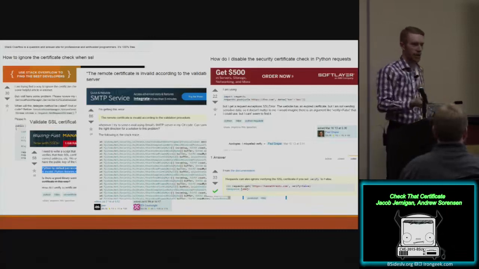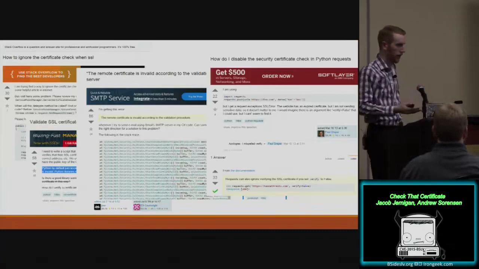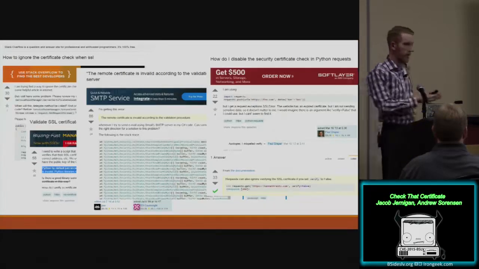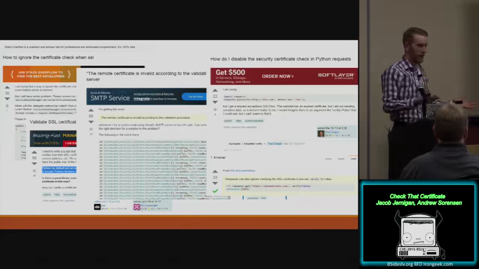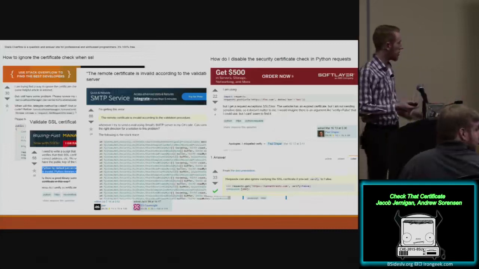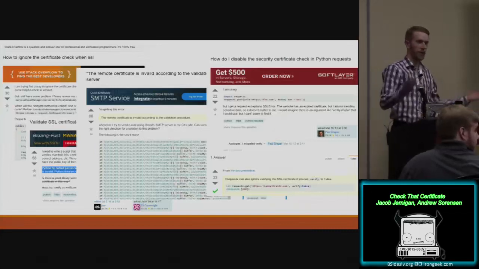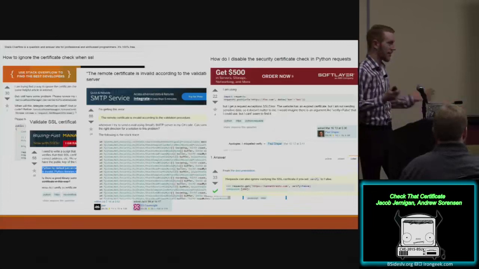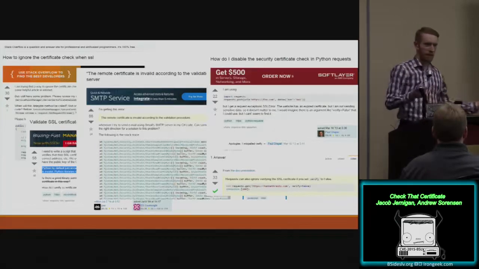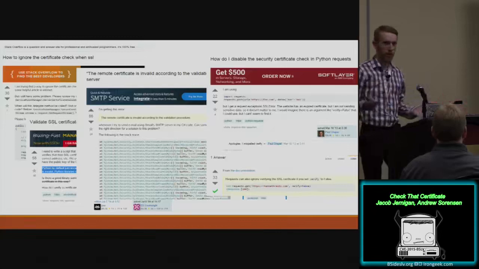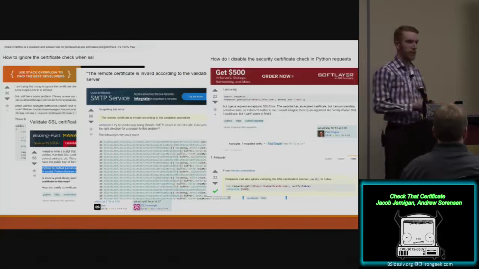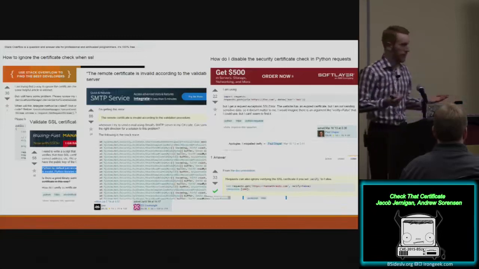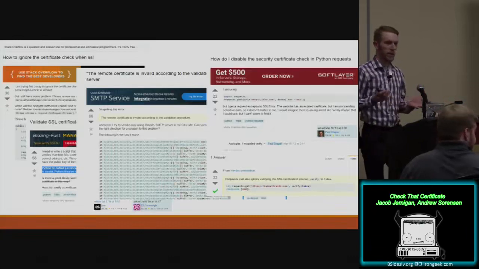Well, we're trying to turn off a security control so we can get something to work. We don't have a lot of time to get our project to work, and we need it to do what it's supposed to do. So we turn off certificate validation. And it works, right? It always works. It does exactly what it's supposed to do. But what we don't notice is that we're potentially communicating with anyone. We've turned off a critical security feature of TLS, and when we do that, we subject ourselves to man in the middle